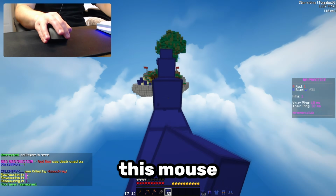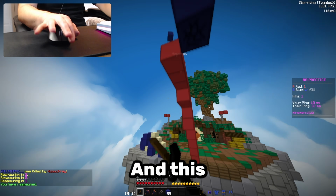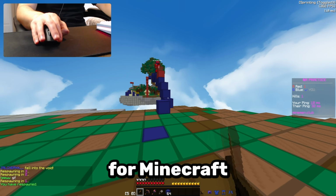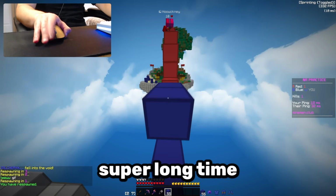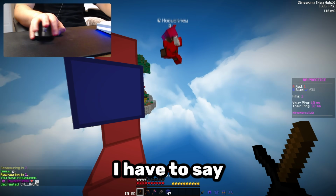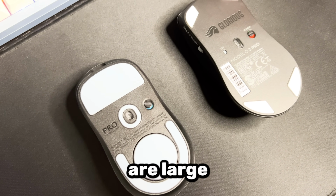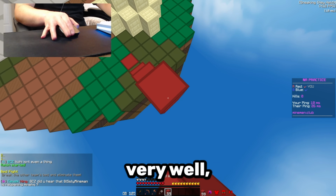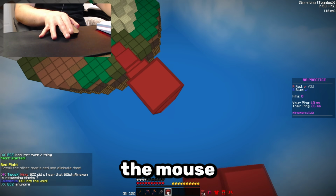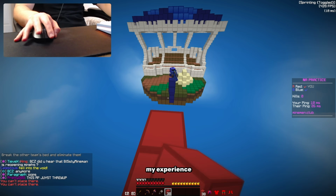The switches used in this mouse are Lightforce switches, which are an optical and mechanical hybrid switch, and this has been a huge point of issue for Minecraft players for a super long time, since people always say that the switches cancel double clicks, but I think that what I have to say and show you guys will surprise you as we go forward. The skates on the mouse are large PTFE skates, which glide very well, but also don't make the mouse too hard to aim with, and I'll expand upon this later as well when I speak about my experience when using